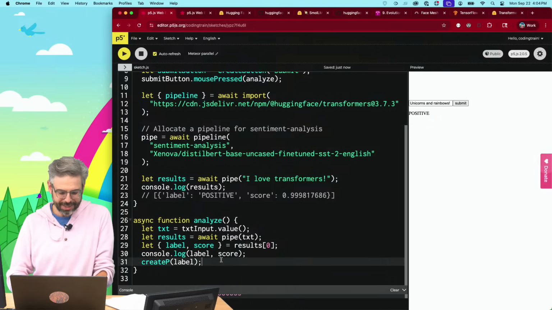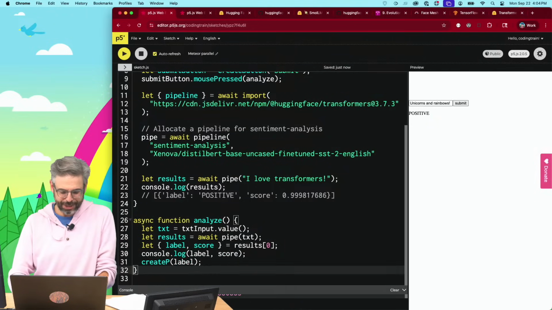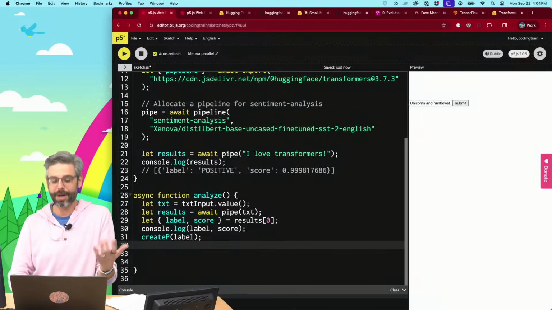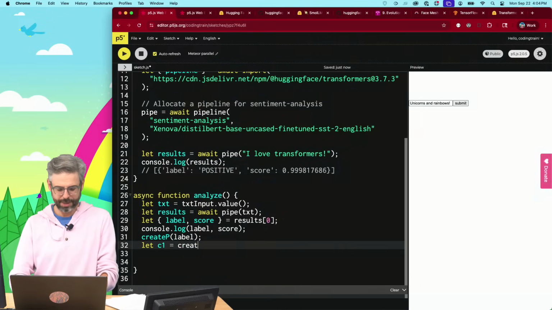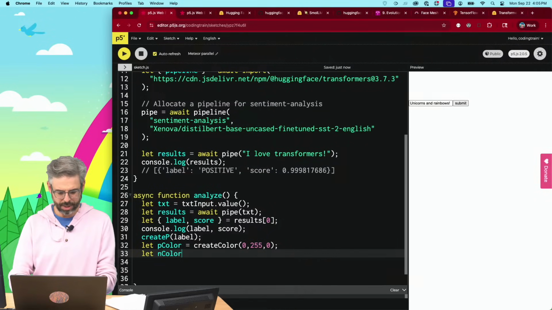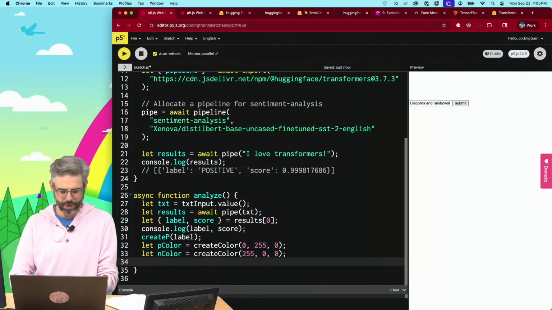And why was I doing this? I thought, well, just for demonstration purposes, let's use lerp color. So I'm going to create a color that is green. And I'm going to say p color for positive is green. n color for negative is red. I could choose different colors. And then I'm going to say